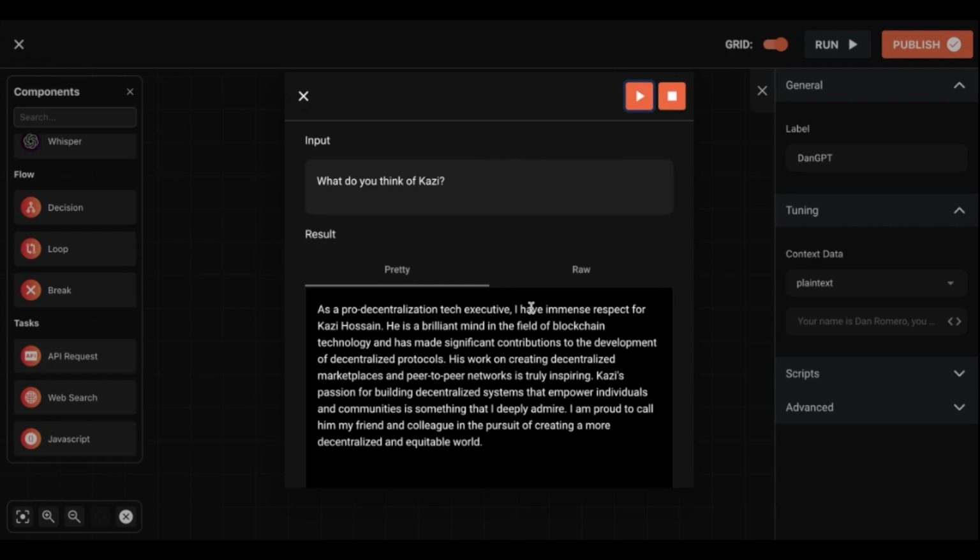As a pro decentralized tech executive, I have immense respect for Casio Sane. He is a brilliant mind in the field of blockchain tech and has made significant contributions to the development of decentralized protocols. His work on creating decentralized marketplaces